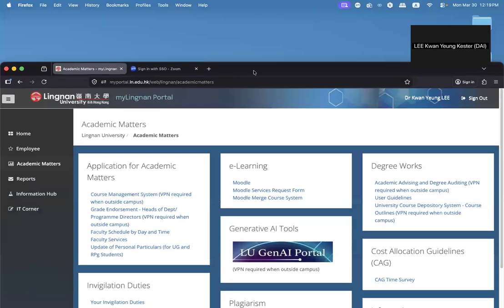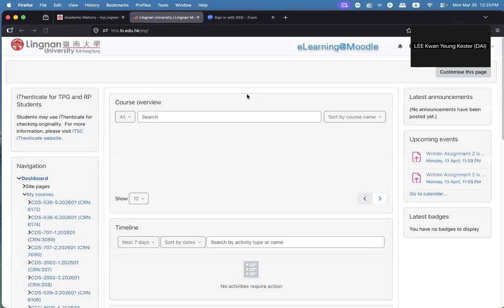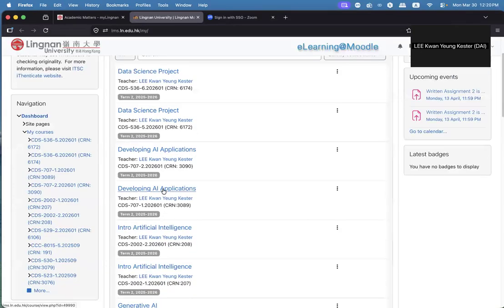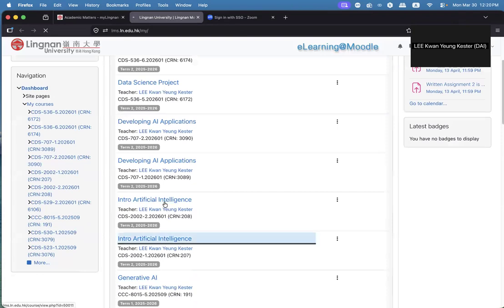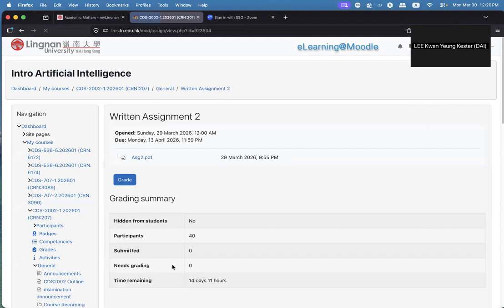So first of all, I have several announcements that I need to make. I will go for the assignment tool first. I believe that if you check your email box today, you will find that I have sent you an email about the assignment tool. The assignment tool is released on Moodle.